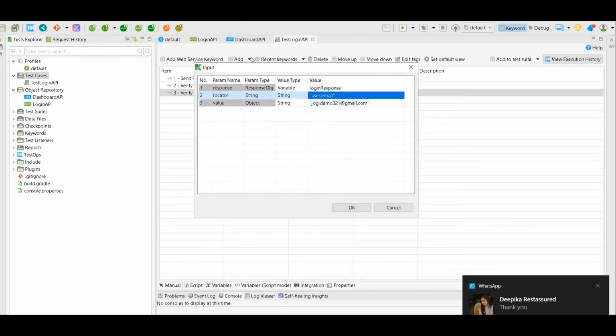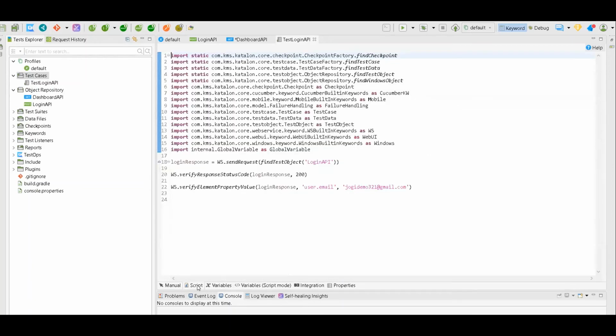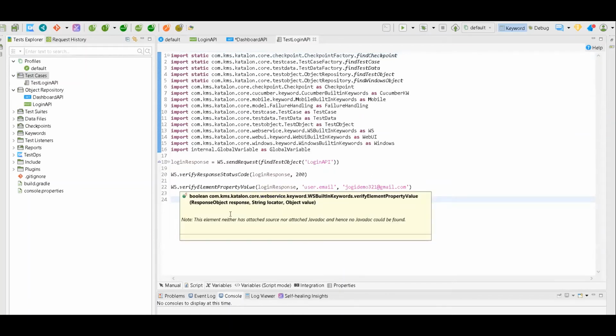Okay, let me give you the login response and click OK, then save it. And when you go to the script mode, you can see verify element response. What does it expect? It expects response object, which we gave as login response, string locator, and object value.